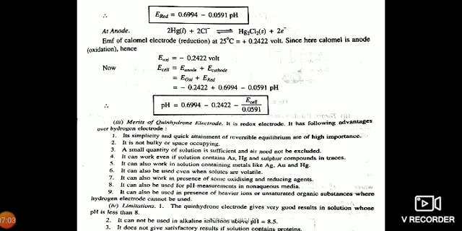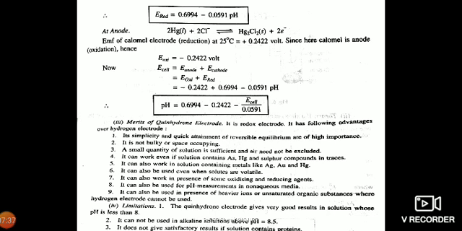Therefore, we can reduce the equation to the equation for pH. So pH is equal to 0.6994 minus 0.2422 minus E cell, divided by 0.0591. Therefore, here you can directly determine the pH of the solution by just knowing the EMF of the cell. So what to do for that? We have to connect these two electrodes, the calomel electrode and the quinhydrone electrode, construct a cell there and determine the pH. So directly measure the EMF, substitute that EMF directly, and the pH of the unknown solution can be calculated